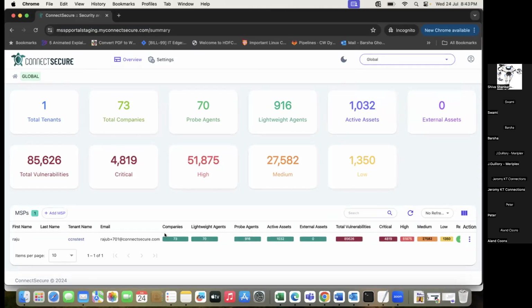After the MSP user has approved the MSSP user, the MSSP with the view access can log in directly to the MSP login and view all the data there itself. So this is a seamless login where the MSSP need not go through any username or password authentication. It seamlessly takes them into the MSP user. That can be done by clicking on CCNS test, that's the tenant name here. So on clicking,